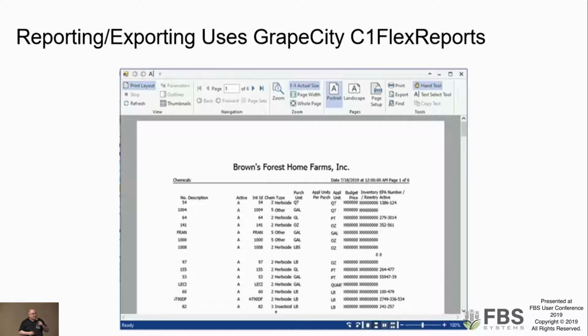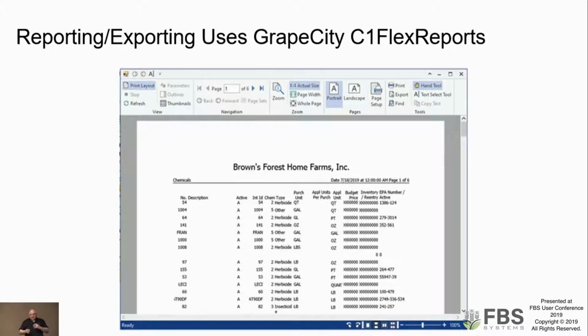I'm expecting, right now we're not doing anything to differentiate these screens. So everyone will be seeing stuff like this on the chemical setup screen and so on. It's important to us to maintain a single code base. We don't want to have two copies of FBS. So I think the primary difference from a technical perspective, can't tell you from a marketing